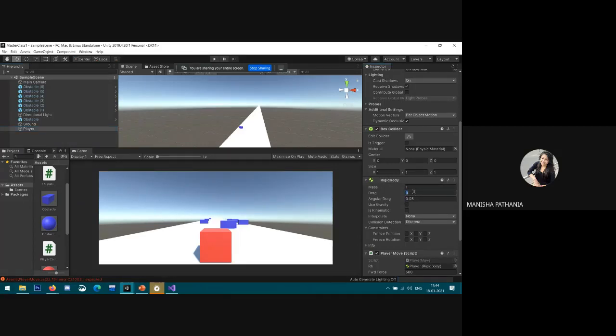Give it the value as 1 because drag is air resistance. Higher the drag, more quickly our object is going to be stopped by the air. So that's why I'm giving it the value as 1. Remember, drag is an air resistance component.